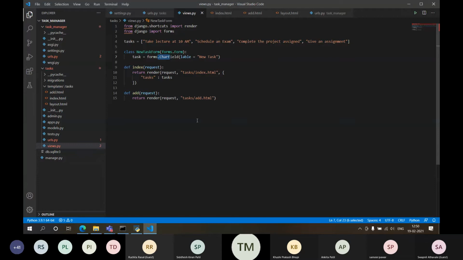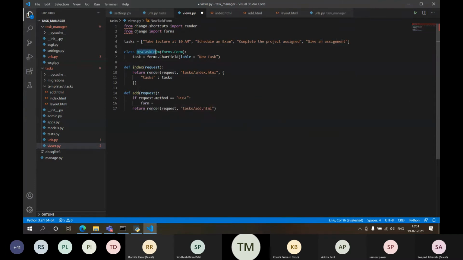Now what I want to check is if request.method is equal to POST. If it is POST, then we need to create an object of a form.